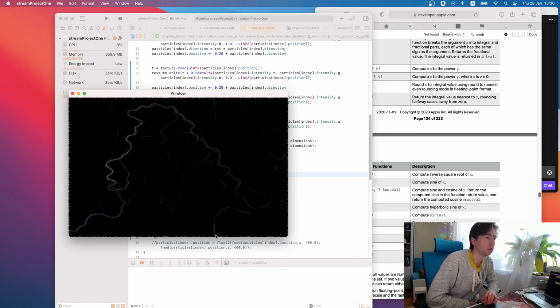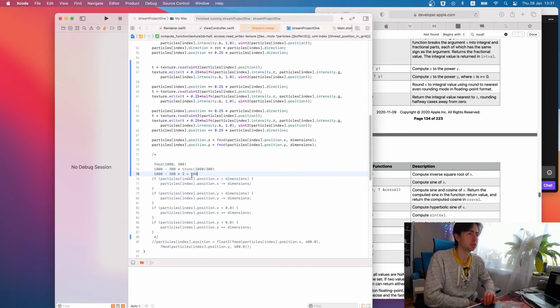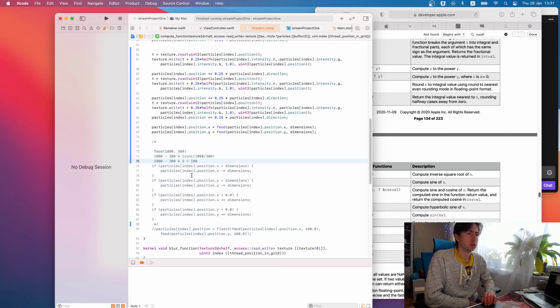They work if they move in positive directions, but when the value is negative, this is when the issue happens. So somehow we need to take into account negative values.